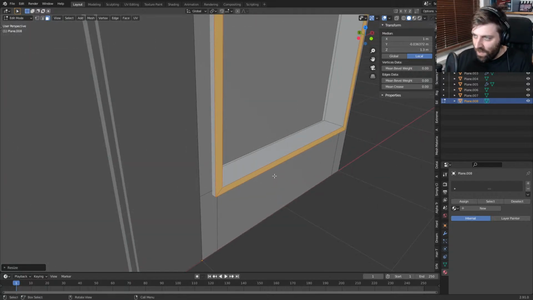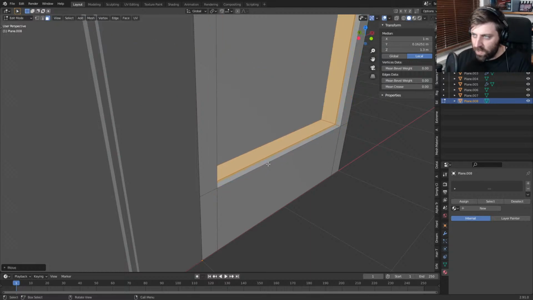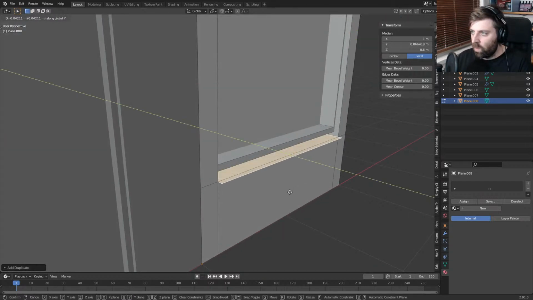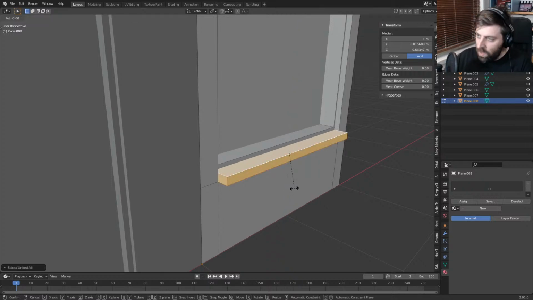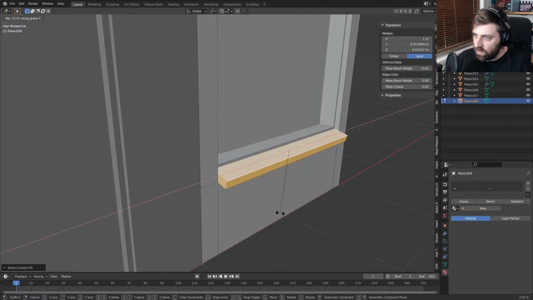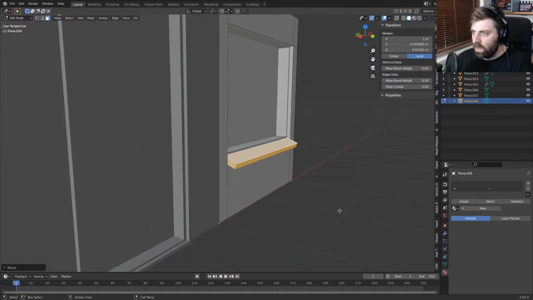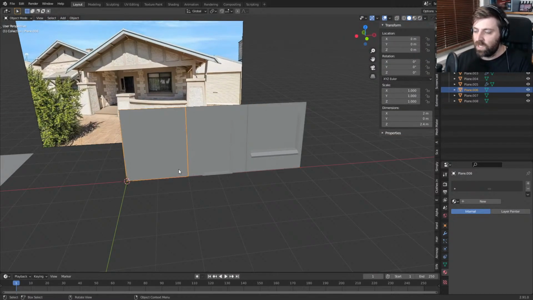Unbelievable. Actually, so going off this, the windows are actually like that. Let's grab this inner section. I'm going to raise it like that. Let's go Shift D, G, Y. I'm going to scale it like so. Control L, rotate X 90 degrees like this. And this is kind of like our windowsill. There we go. All right, so there we go. So now we can start pretty much constructing